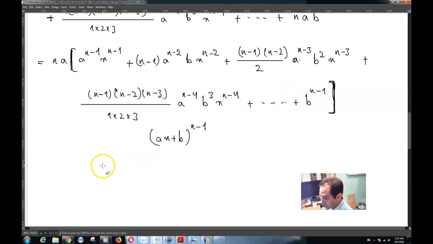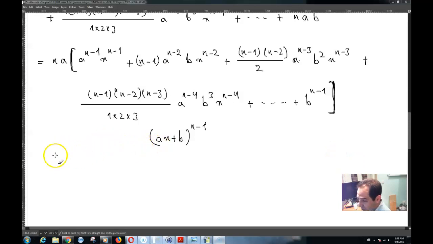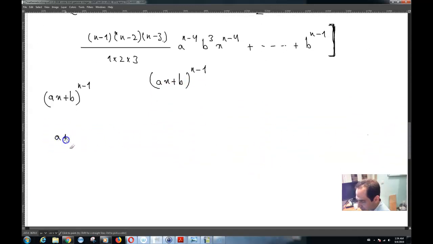Now, if I write based on the binomial theorem, ax plus b raised to the power n minus 1, that is the same thing as... So basically, based on the binomial theorem, if you have, for example, a plus b raised to the power n, that is going to be n combination 0,